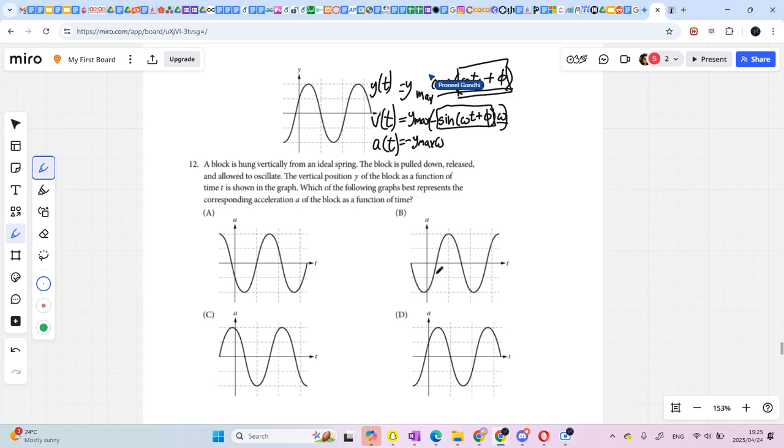So the derivative of sine is cosine. So cosine of omega t plus t. And then the derivative of the inside function is again just omega. And so we can also rewrite that as an omega squared over here. And so now if we look at this compared to the original function,